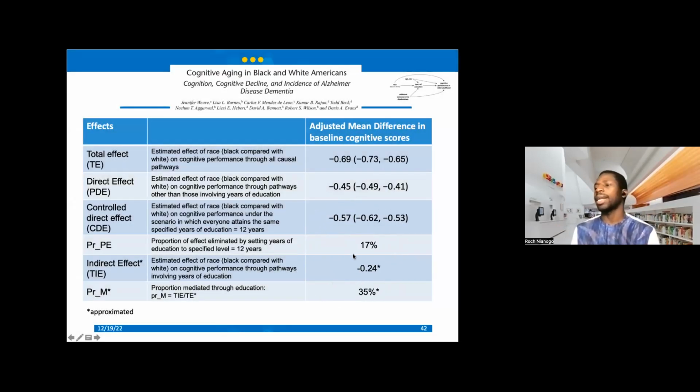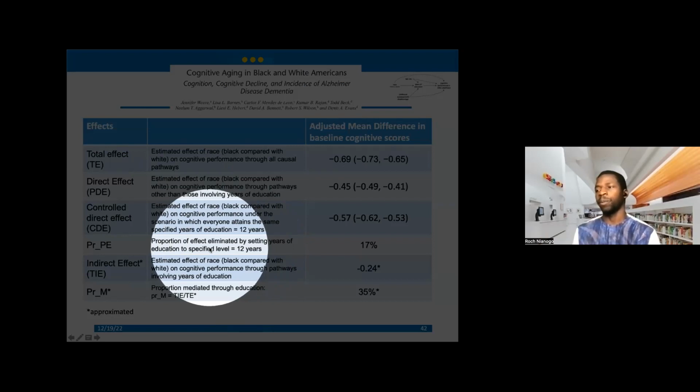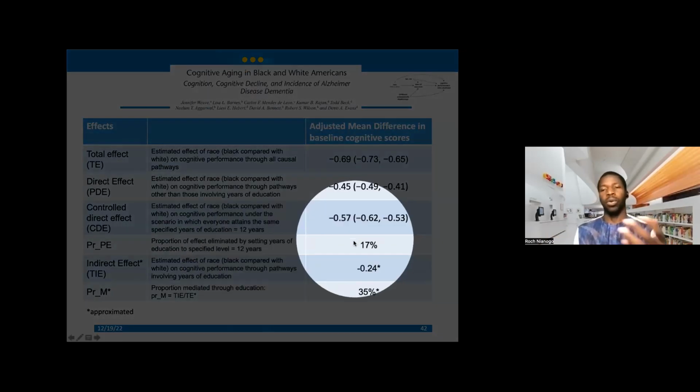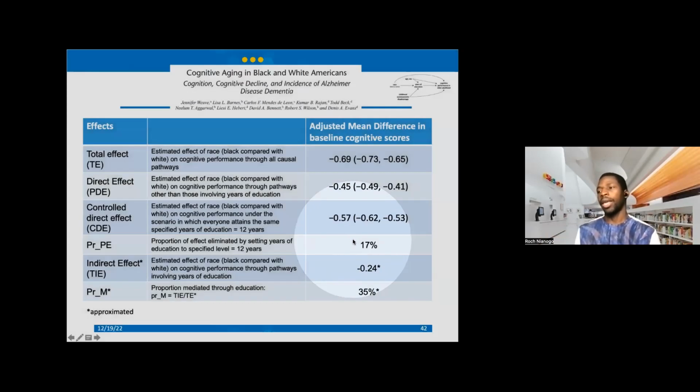Well, this means that 17% of the disparity might be explained by setting the years of education to 12. Said another way, if you were to set the years of education to 12 years for everyone in the population, you would reduce the gap by 17%.